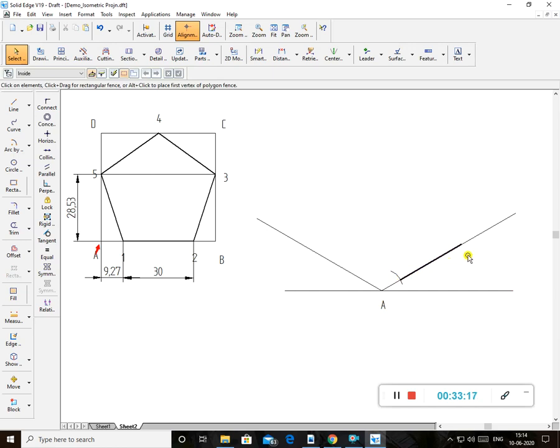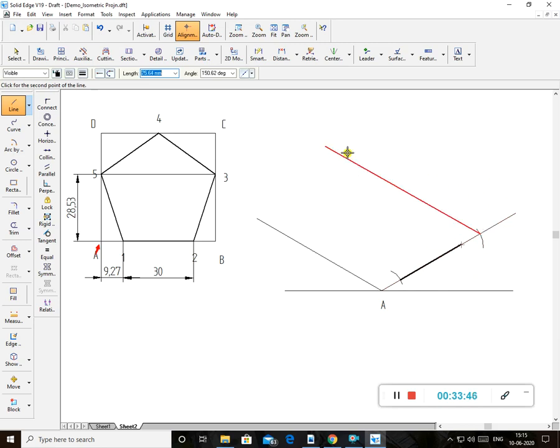Then from here to here it is again 9.27, so I'll draw 9.27 from here. So I'll create a box like this. From here I draw at an angle of 30 degrees to the horizontal, which means from this horizontal I take 150.